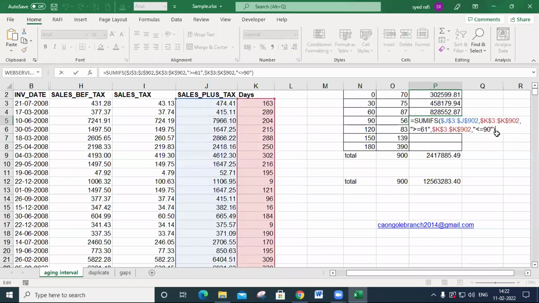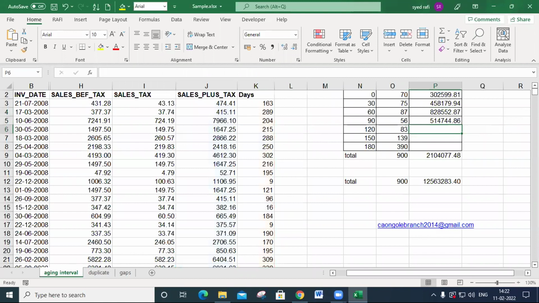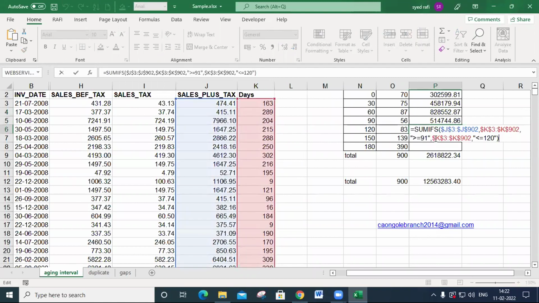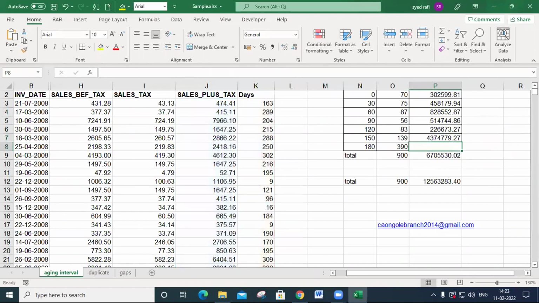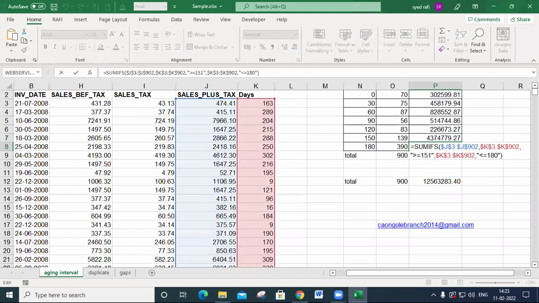Again, press Ctrl D, and you must specify this 61, and this is the 120, and so this is the 121, and this is the 150, and this is the 151, and this is the 180 again.